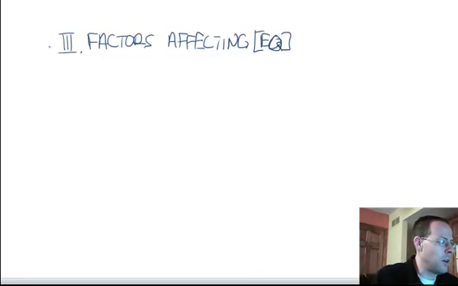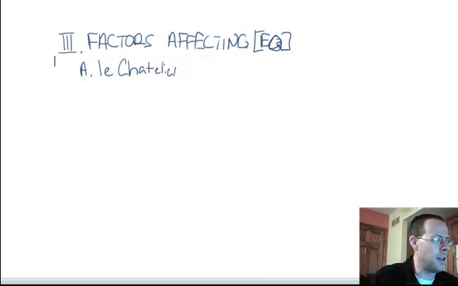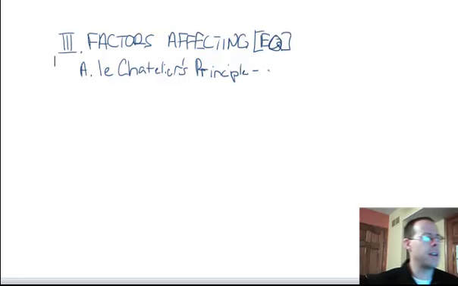Alright, so this mainly comes down to a Frenchman's name, and his name was Le Chatelier. Le Chatelier's principle. Alright? And Le Chatelier's principle basically says if stress, and we're going to look at different stresses in a second, but if stress is applied to a system